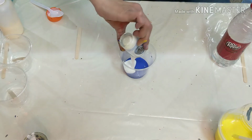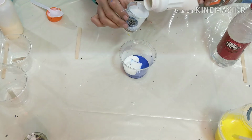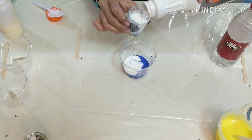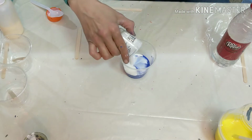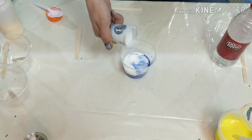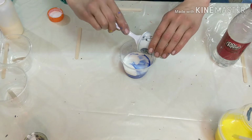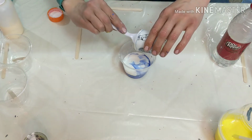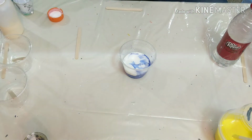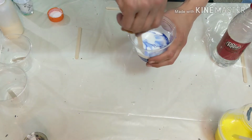So there we go. One shot. Two shots. Now notice I only put 2 in that one because I didn't find it necessary to add any more. You don't want to overdo it. Not that this stuff is expensive, but you're going to end up with runny paint. You don't want that. So we got our 2 ounces of paint, we got our 2 ounces of Floetrol,